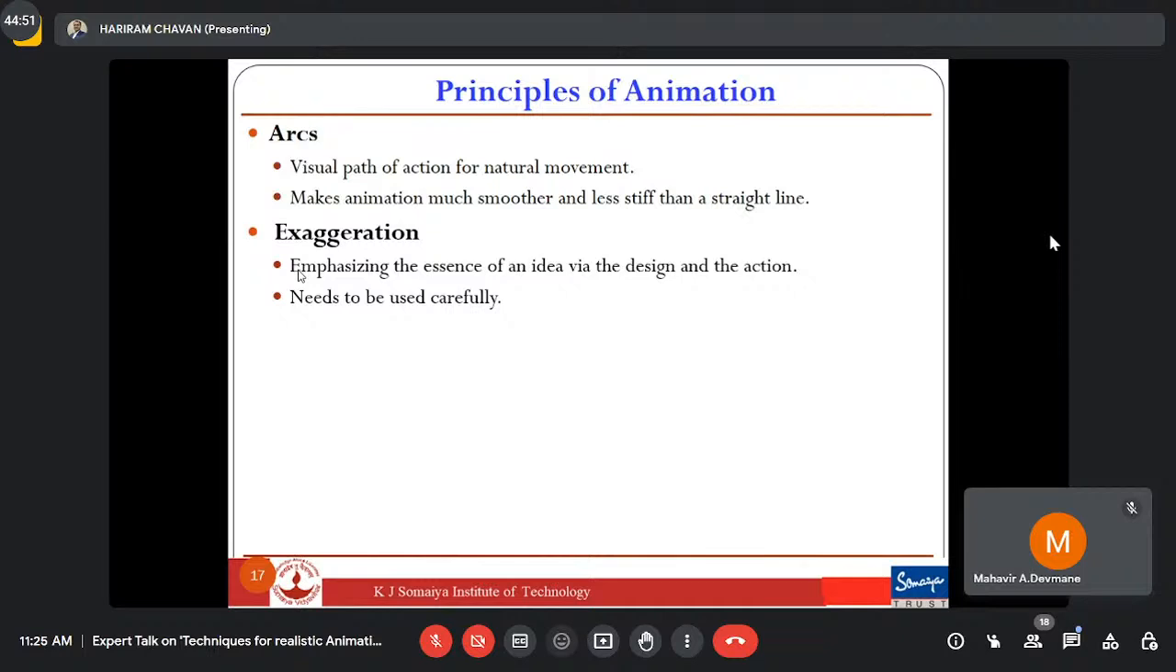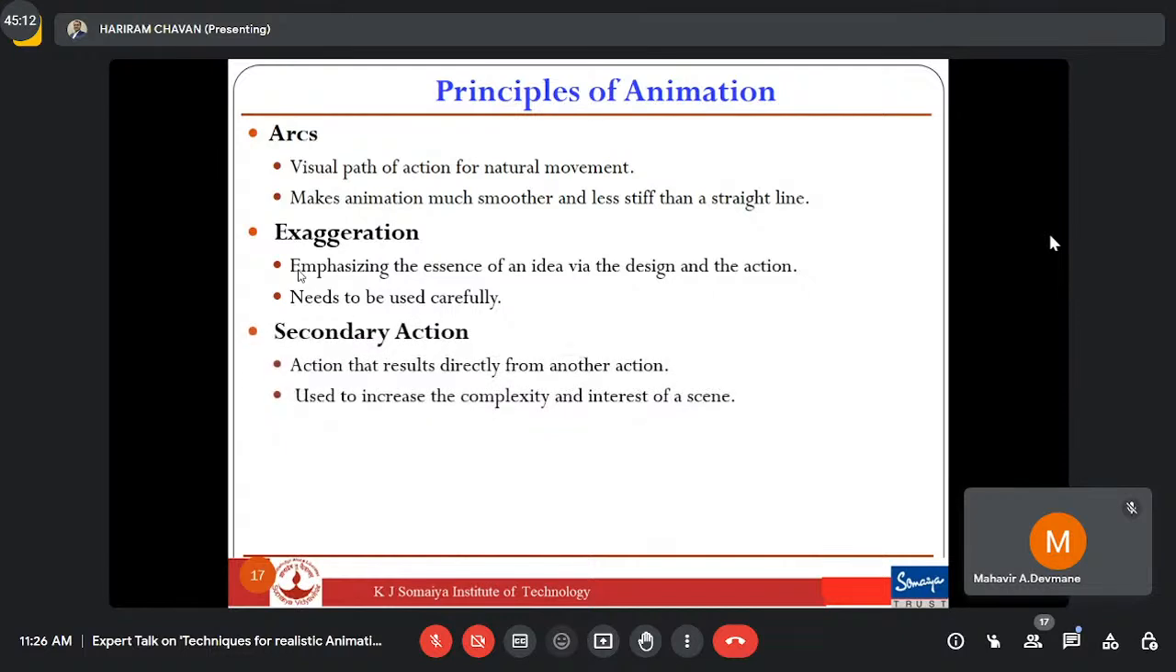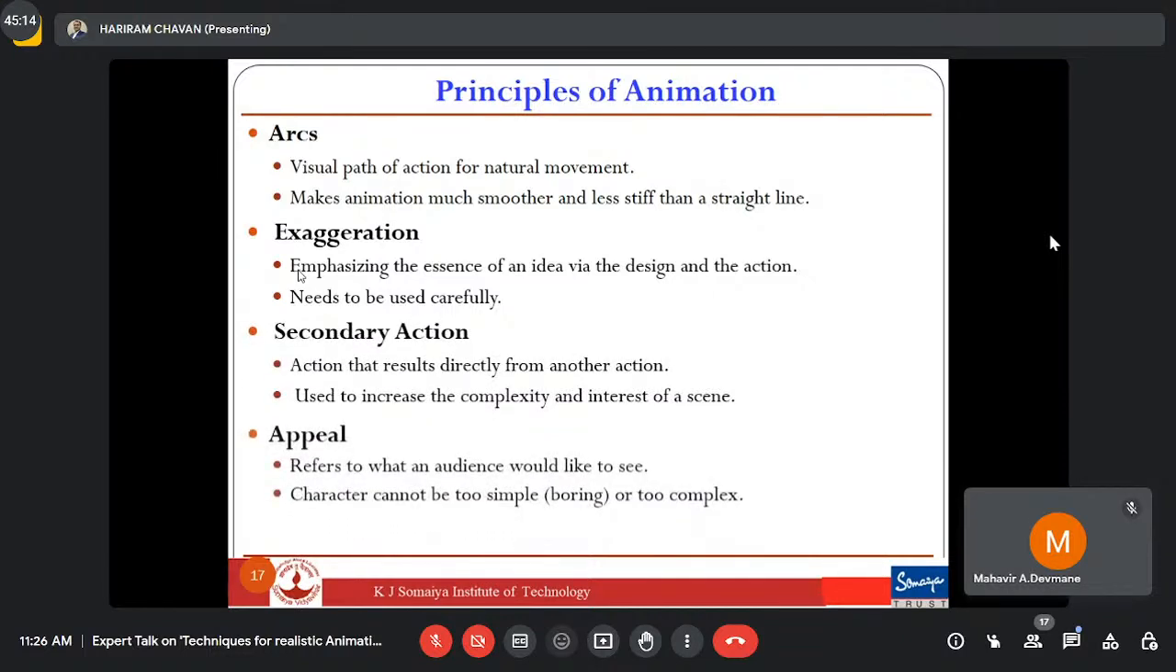You need to use arcs, obviously. The next one is exaggeration. So instead of doing something plainly, you emphasize the essence of an idea for design actions, and it needs to be designed carefully. Then I think comes secondary action, and last, obviously, the 11th principle of animation, which is appeal,